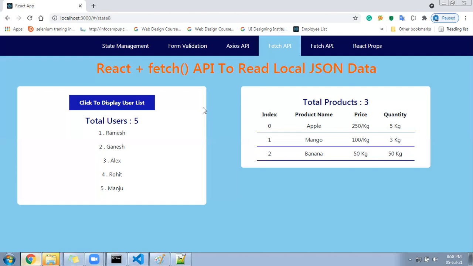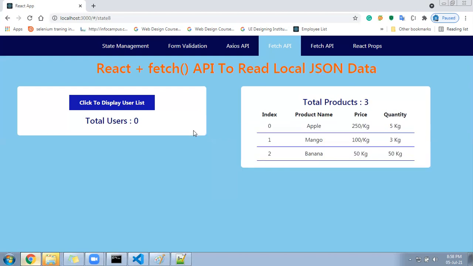This page is ready for you. I will give the demo first, and after that we will go to the code level and start writing the code. I will give you step by step guidance on how to do it, where to store the JSON file, how to read the data, and what to do in React so that your data will come in the browser. Okay, overall. So let me go ahead. I'll refresh this page.